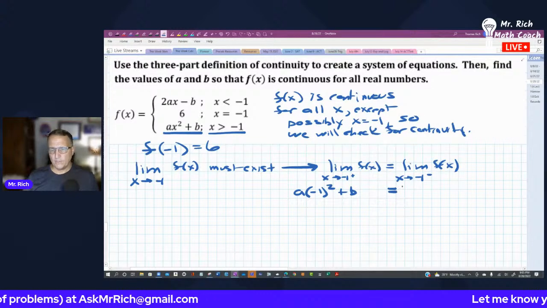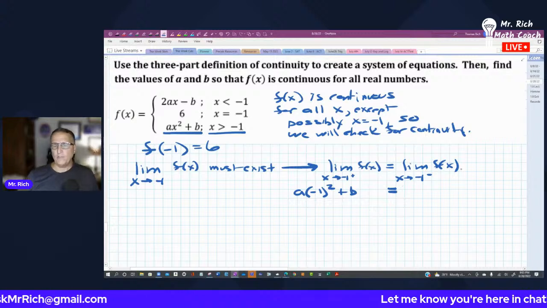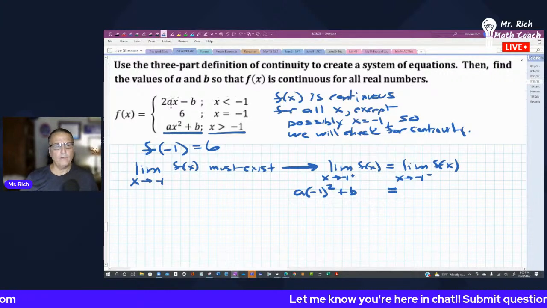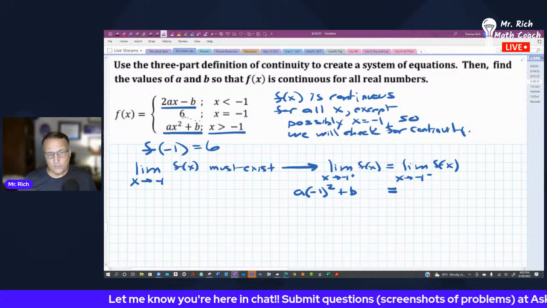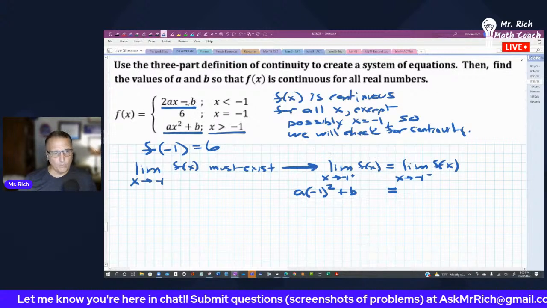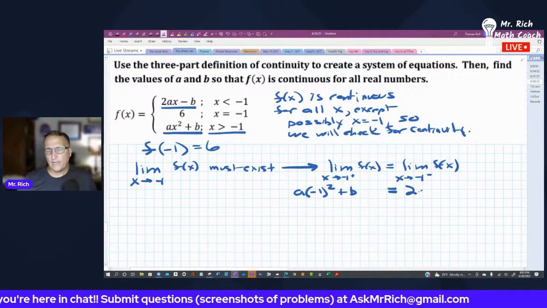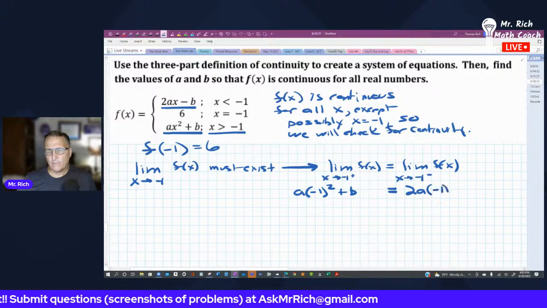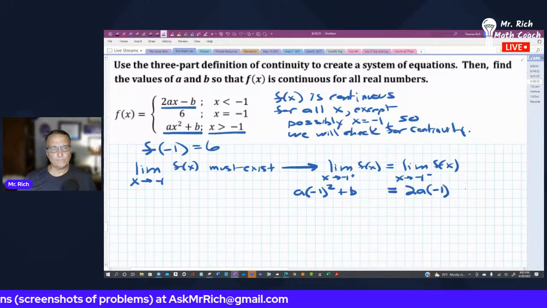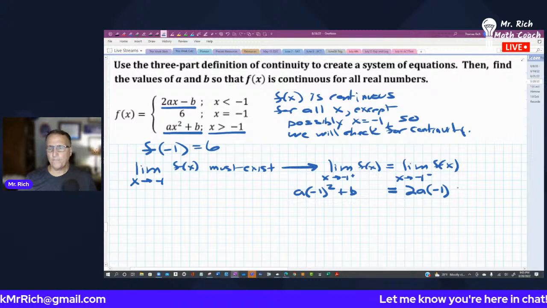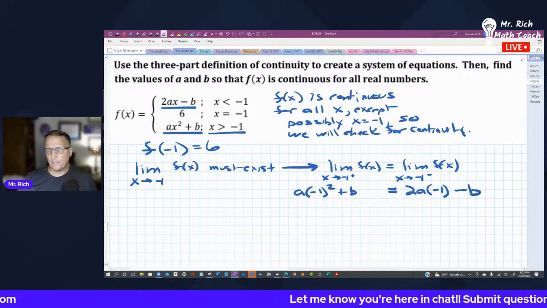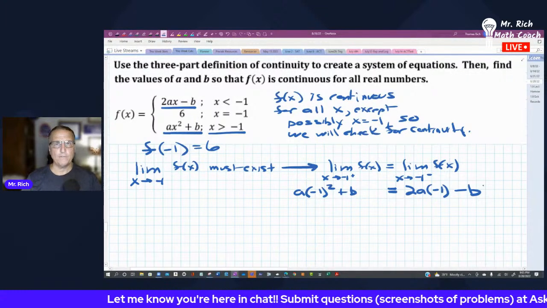And over on this side, to the left of -1 would be this one. Evaluating that also by direct substitution, where -1 would be put in for x, I get 2a times -1, and that would be minus b. Okay, so all I did was evaluate the left-hand and right-hand limit by direct substitution and set them